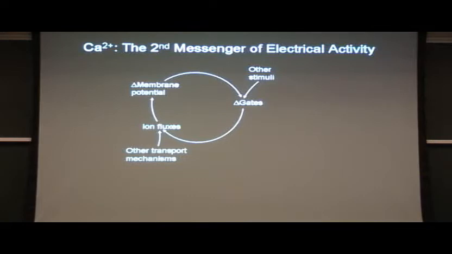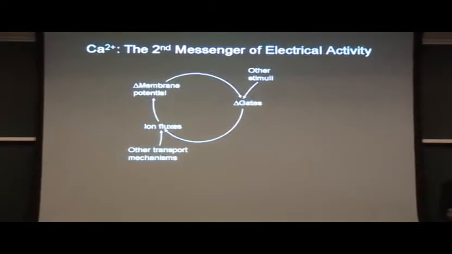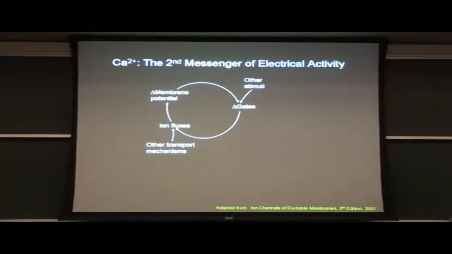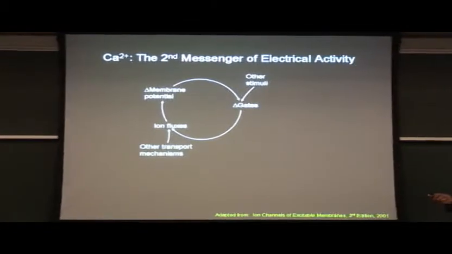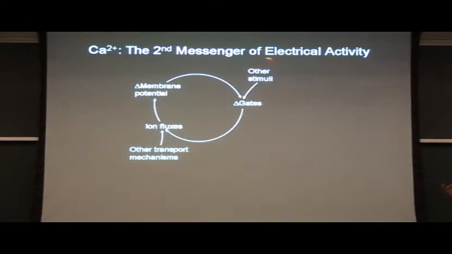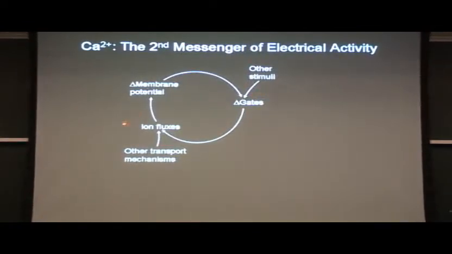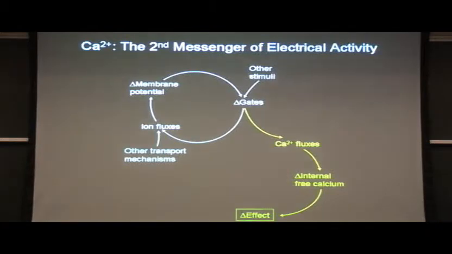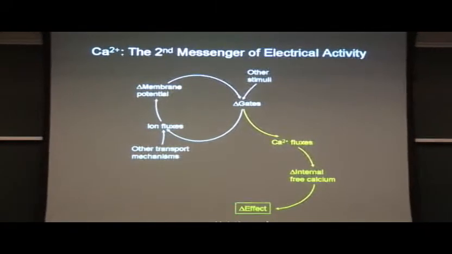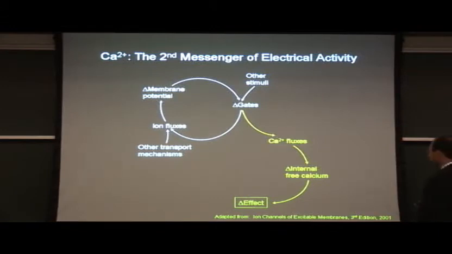But just to bring a focus to this, calcium, as you well know, is the kind of final common pathway of excitable cells. And so one kind of calcium-centric way of thinking about it is all ion channels do is regulate membrane potential. And so there's stimuli such as voltage or ligand-mediated channels, some sort of ligand that will change the gate, and that will change ion fluxes and change membrane potential. And excitable cells have calcium channels and therefore change internal calcium concentrations, and that modulates the specific effects.